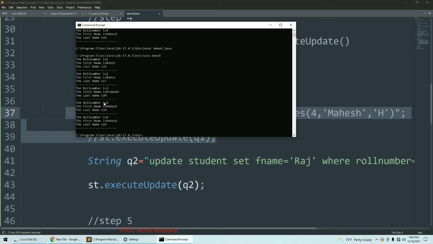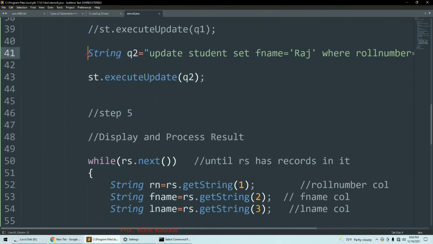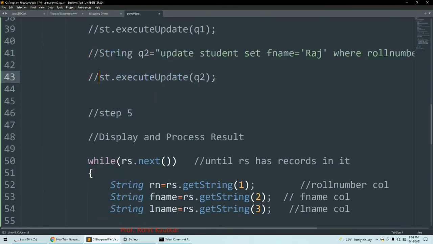We have executed this, and you can see the result. The roll number 1 has been updated with first name Raj. This is the update query. Now again I will comment this, and at last I will show you the delete query.